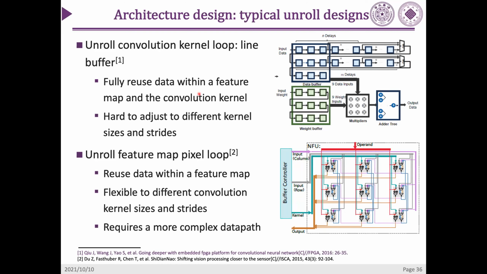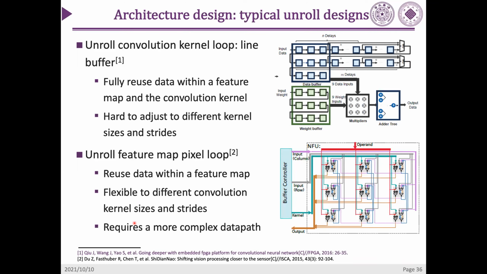It fully reuses the data within a feature map and a convolutional kernel, but it's hard to adjust to different kernel sizes and strides because you only use this three by three. You just get the 3 by 3 numbers into the multipliers and the adder tree. So you can only handle the 3 by 3